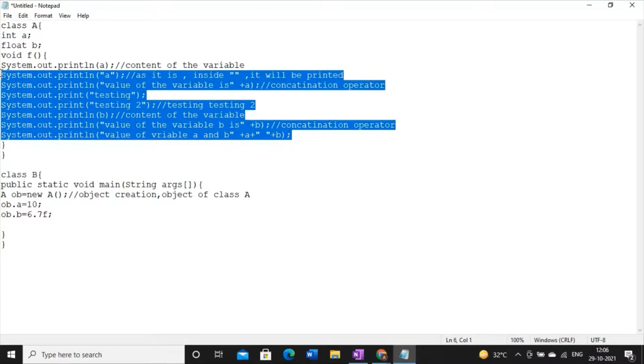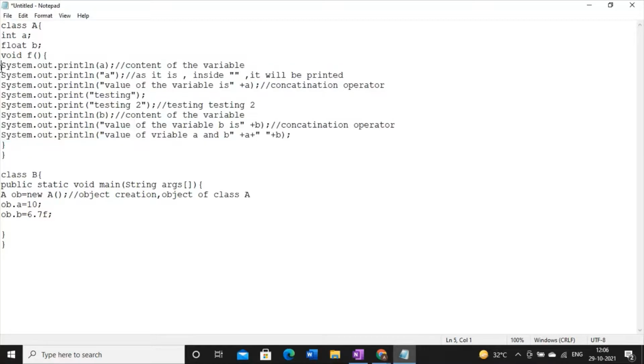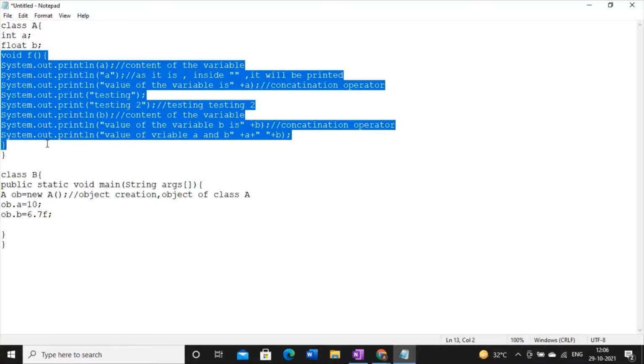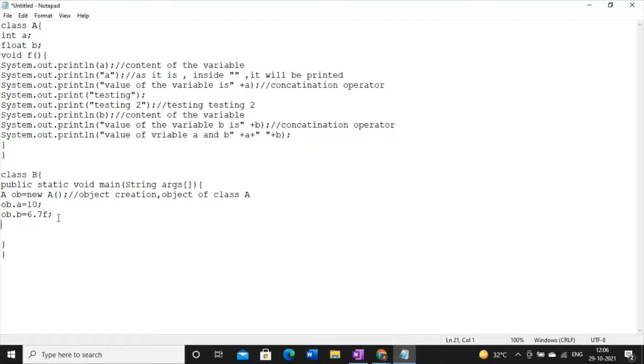So they are printed inside a method, and I want to execute that method also. Because if I do not execute this method, how will I be able to see the System.out.println statement? So our third responsibility is to call the method. For calling the method also, you have to write the object name, dot, the method name. Here the method name is f and then we have two braces.